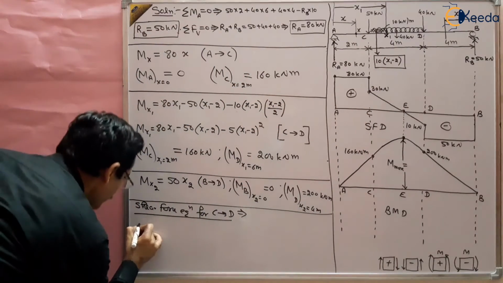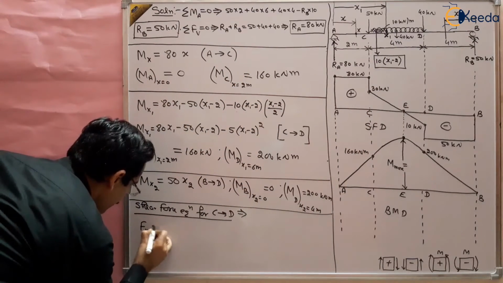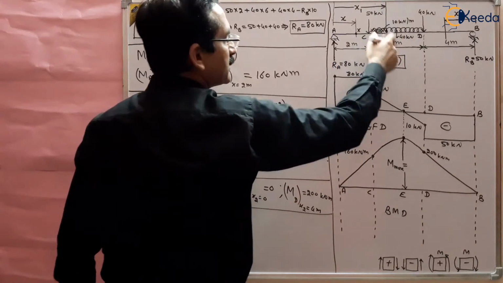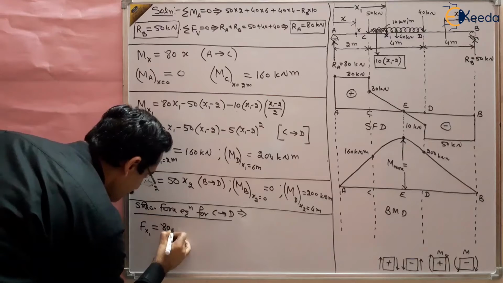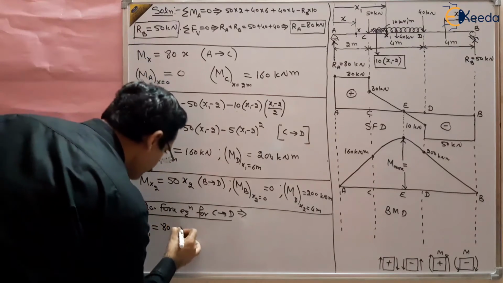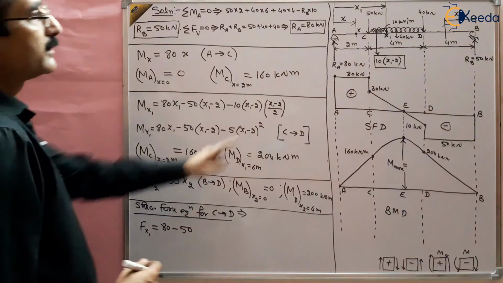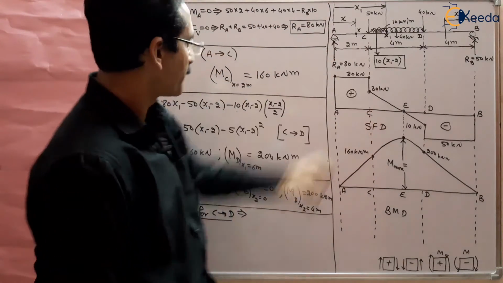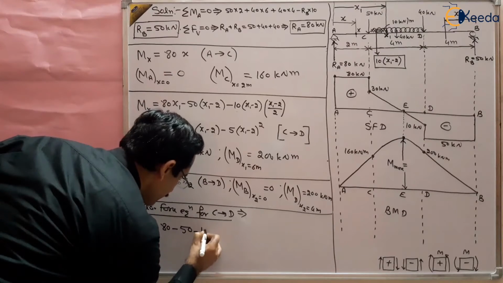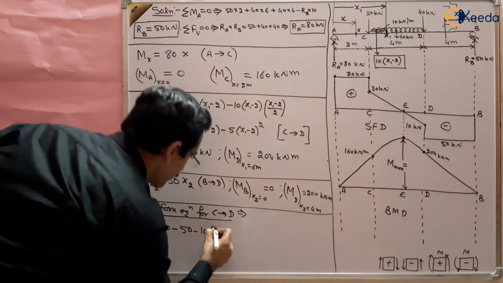So shear force Fx1 at x1, a section between C and D, will be equal to 80 minus 50, 80 upward is positive, 50 downward, and then minus 10 multiplied by x1 minus 2,